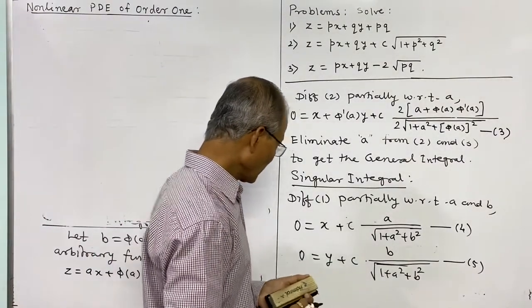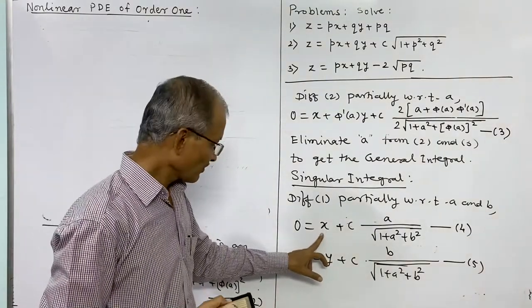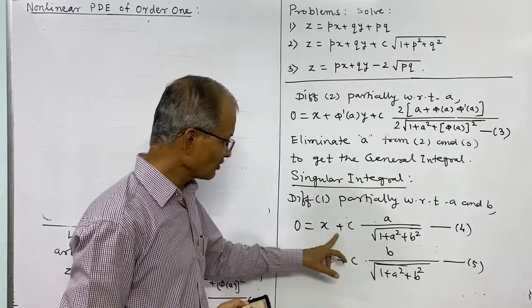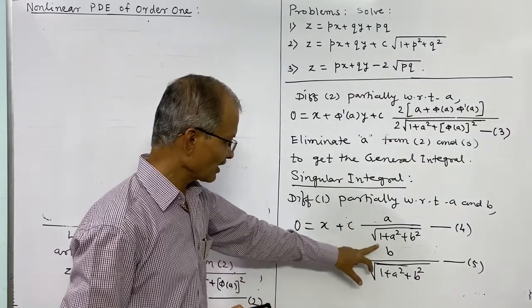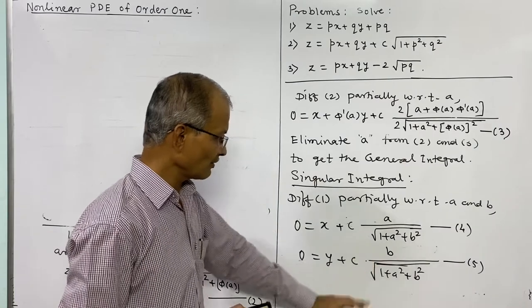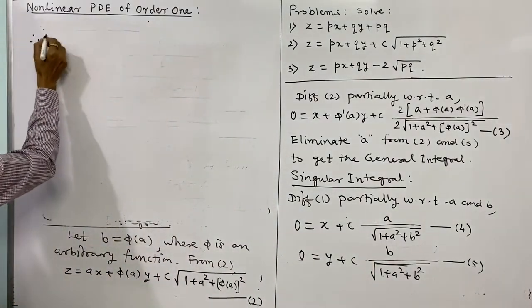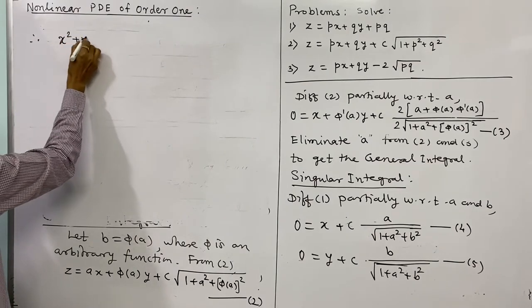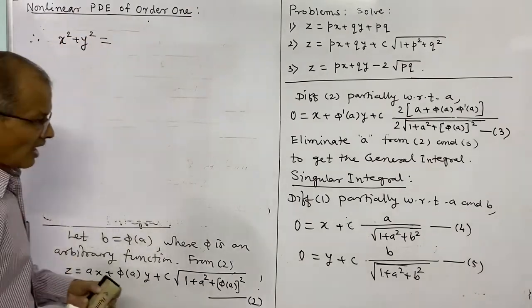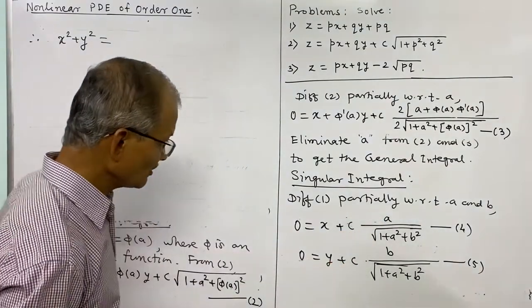Or we can write from this the value of x, or negative x, is equal to a into c divided by this root, and negative y is b into c divided by this. So if you square and add, x square plus y square will be equal to a square into c square,